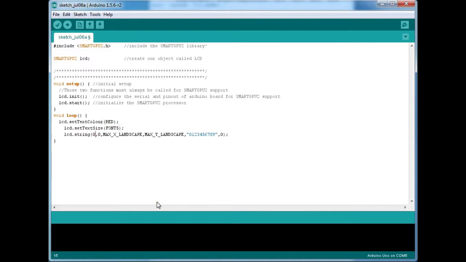Okay, starting point of my string. I would like to begin my string from 50, 50, and cheers to the company who sponsored the Smart GPU2 to me. Let's type in the name of this company, Vizic Technologies.